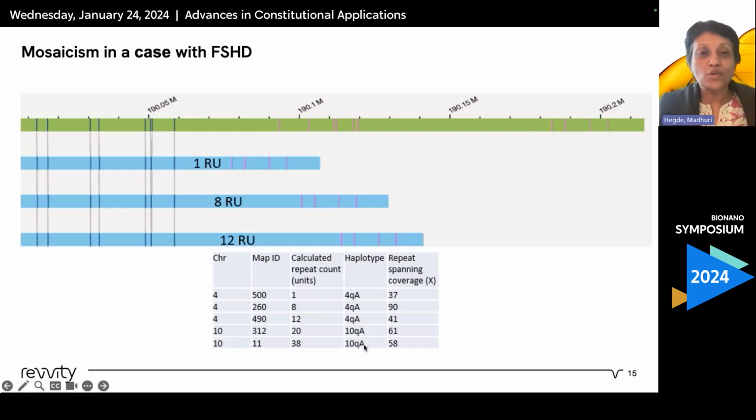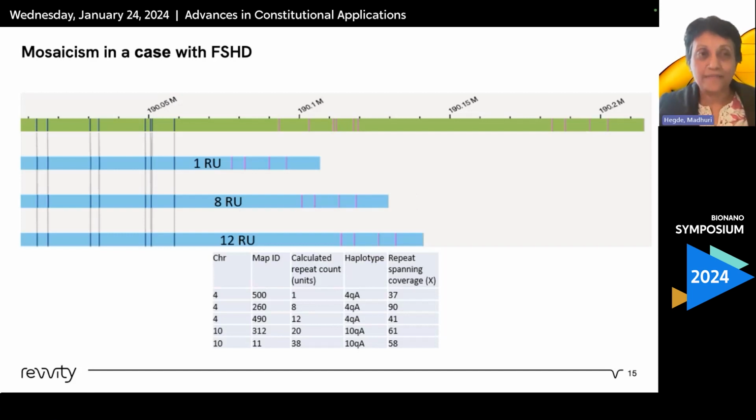And then on the 10qa, we were able to separate that from the homologous sequence of the D4Z4 on the 10qa allele, 10qa background as well. Now, obviously, the repeat size of 1 and 8 points towards FSHD1, and we were able to detect mosaicism in